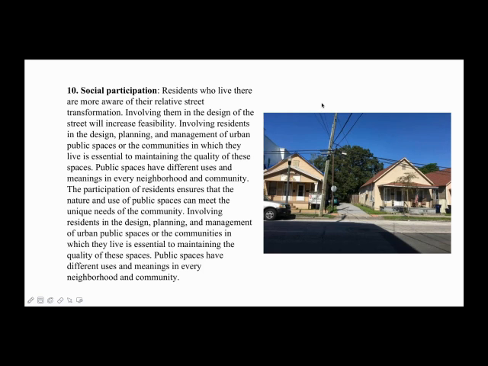Involve residents in the design, planning, and management of urban public space,